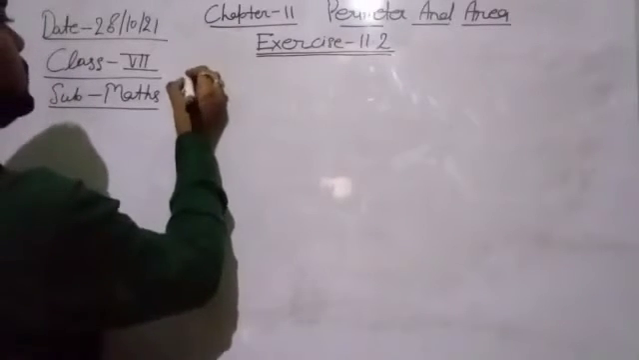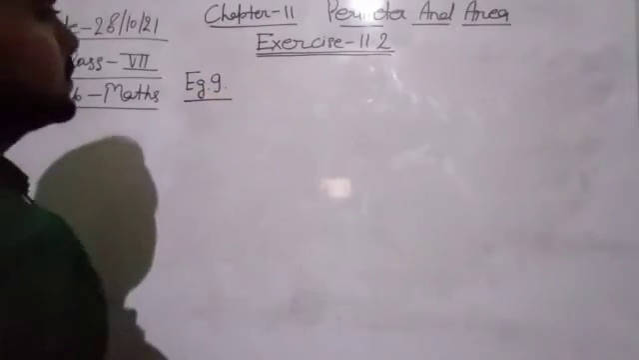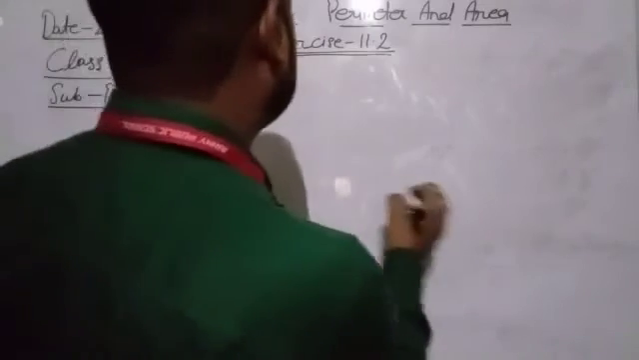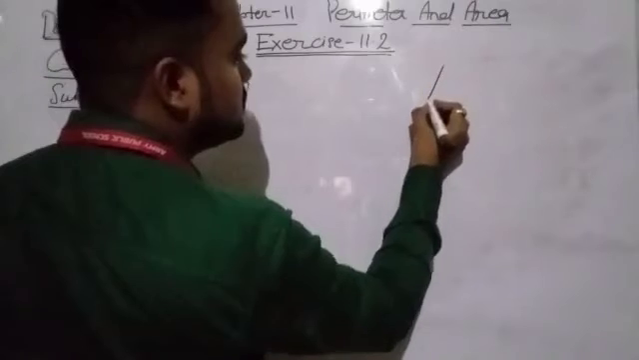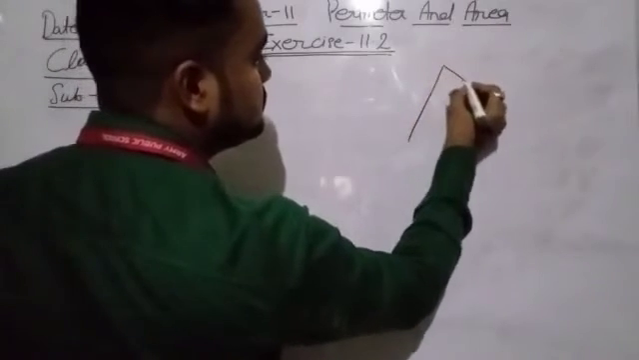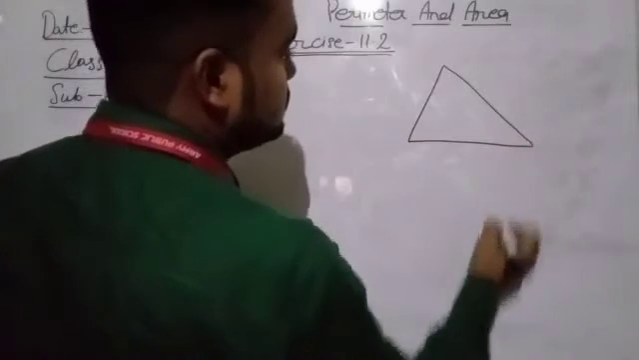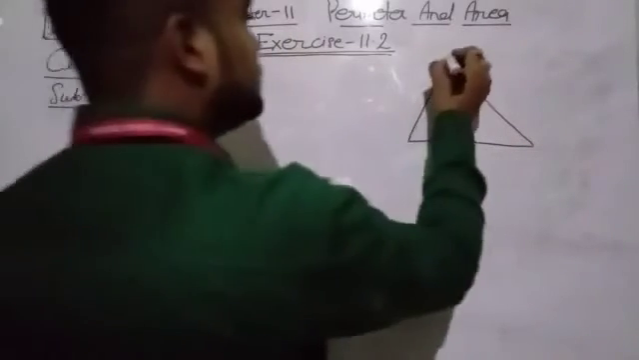Okay, now we will do the next one, that is example number 9. What is that? There are two triangles. So in the first part there is a triangle. Name it as PQR,